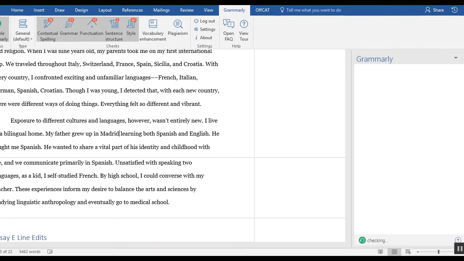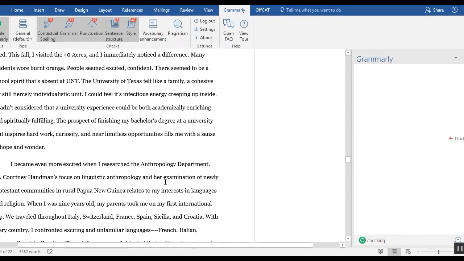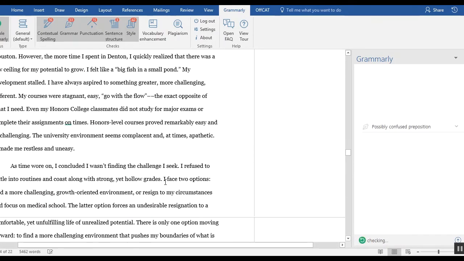He taught me Spanish. He wanted to share a vital part of his identity and childhood with me, and we communicate primarily in Spanish. Unsatisfied with speaking two languages as a kid, I self-studied French. By high school, I conversed with my teacher. These experiences informed my desire to balance the arts and sciences by studying linguistic anthropology and eventually before attending medical school. So great, this is a transfer essay that really does everything required, has concrete reasons, expectations